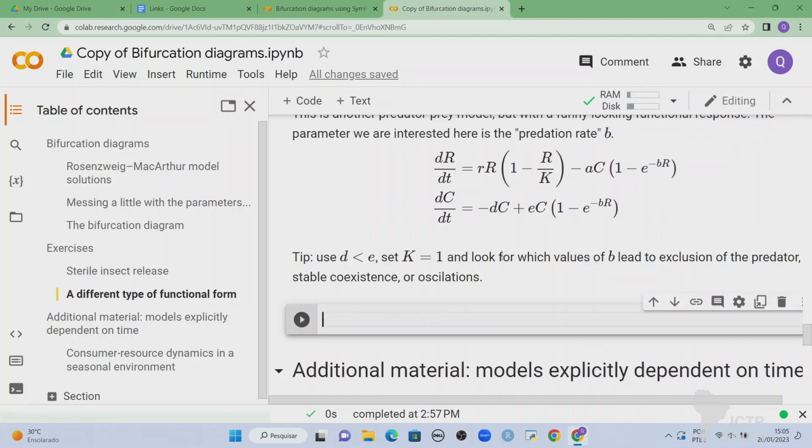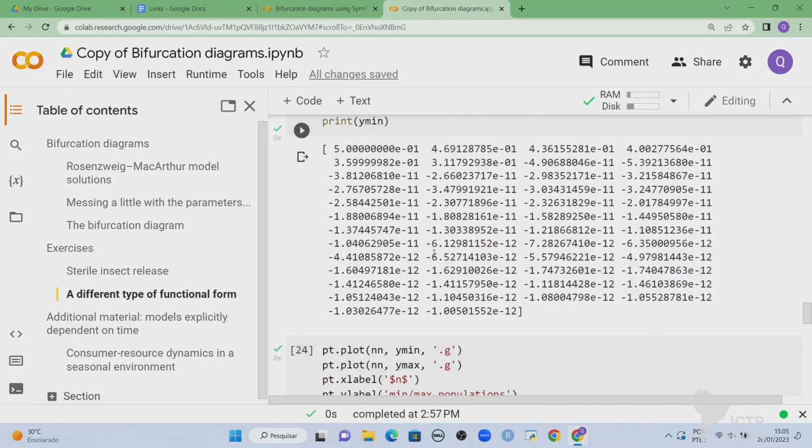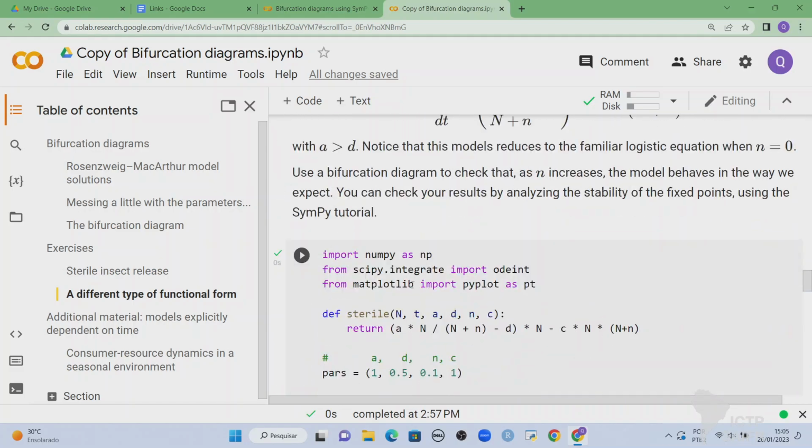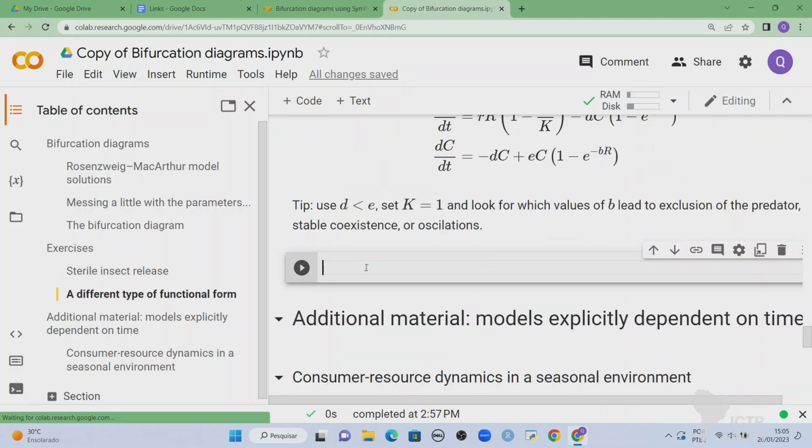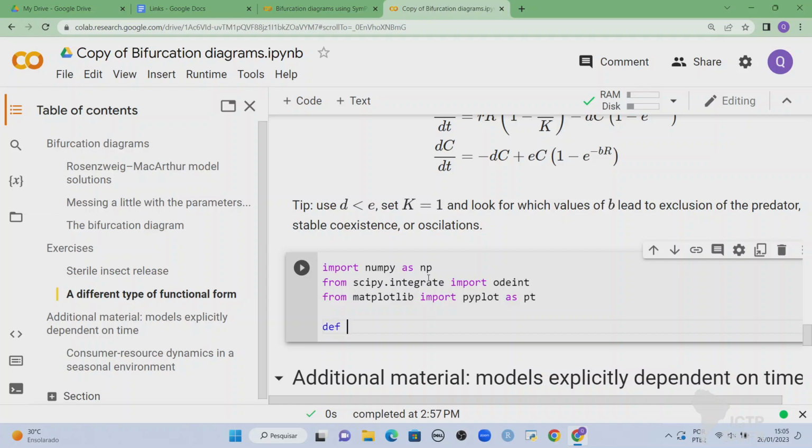Now, let's go for the simulations, right? So let me once again copy this here to have them be independent, each part of them, over here, and now I'm going to define